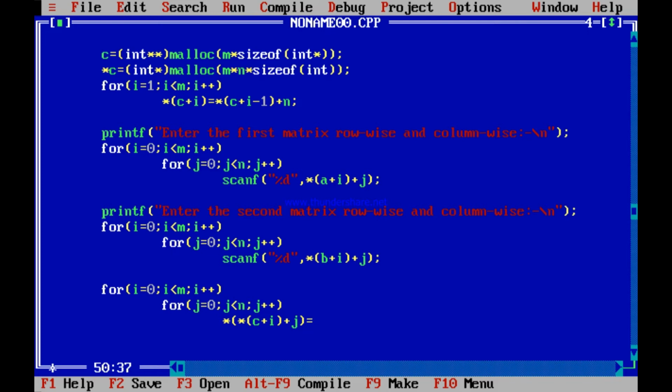Star of C plus I plus j whole star, that is Cij, is equal to, let me copy this again and paste this. So this has to be Aij, the first one, and this has to be Bij. So Aij and Bij I add in order to get Cij.